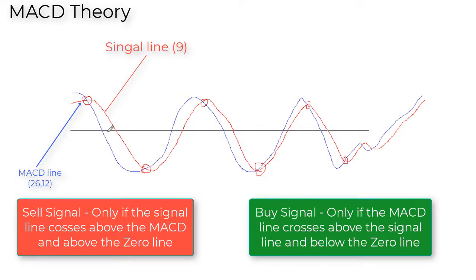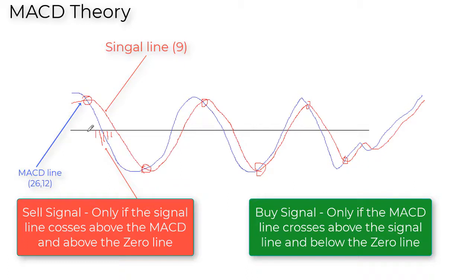Next comes the histogram. The histogram comes something like this. It's not clear, I'm just drawing to show you how the histogram works. Some bars are stronger, some bars are short, some bars are thicker and larger, some are very short. The histogram gets bigger and smaller based on the performance of these two lines. When we subtract the signal line from the MACD line, we receive a value, and based on that value the histogram works. Don't get confused if you're lost in the technical details. It's just to let you know how the theory works.